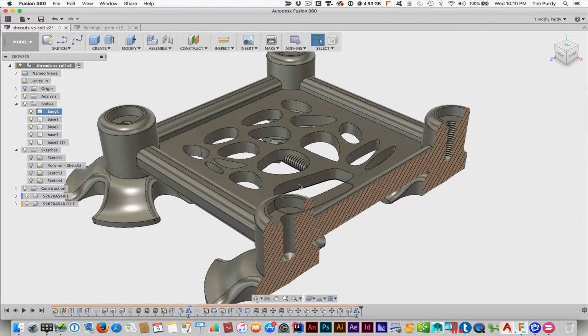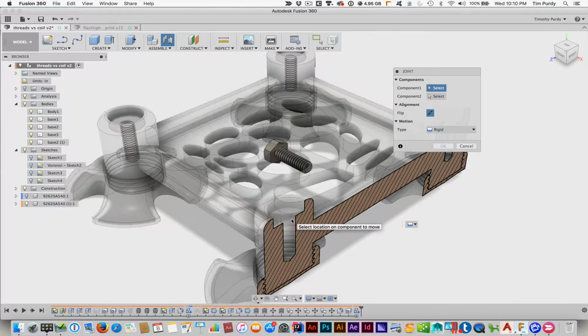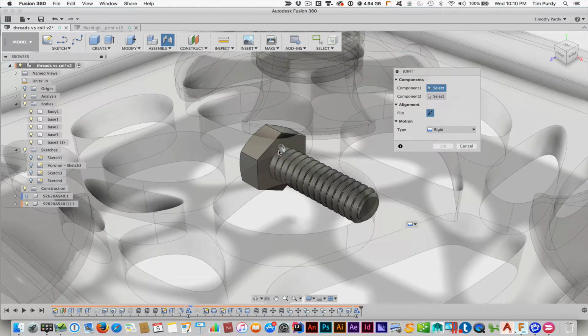Now what I'm going to do is do a joint, because this is a separate component. So I can now join it to the original one off to this hole. So if I hit J, I've got to select my component. Now unfortunately this is one of the challenges of doing this particular piece of hardware. There's not a real good way to select, at least to get to a common